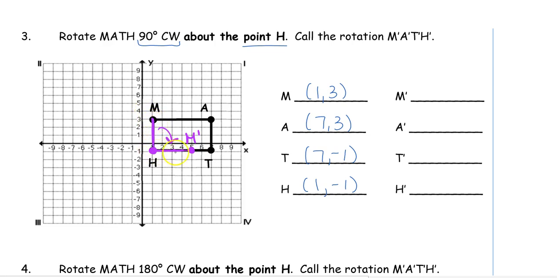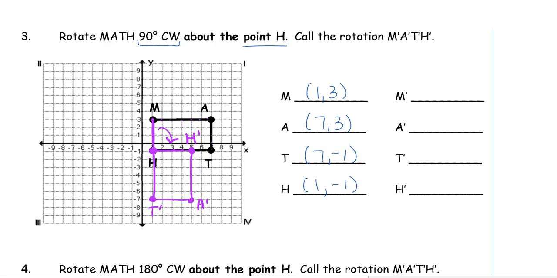So going up, down, I'm now going left, right. MA from M is going left, right. So now I've got to click this one over. 1, 2, 3, 4, 5, 6. That has a length of 6, so I count down 1, 2, 3, 4, 5, 6. This is the image of A. So again, this was going up, down, so I moved it going to the right. This was going left, right, so now it's going up, down. T is 1, 2, 3, 4. So the image of T,